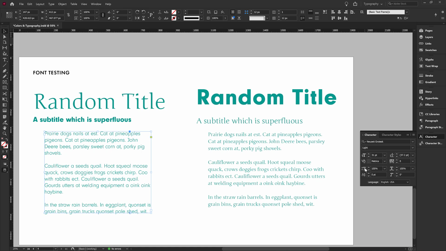There are a few other options here that I wouldn't recommend messing around with. There's the vertical scale of the letters and the horizontal scale. These are a little bit more advanced, and then there's some other tools here. I would only stick to the 4 options up here and not mess around with anything else at this point until you get a little deeper into typography. So just to recap, you can change the size, you can change the line height. I would leave the optical versus metrics alone, and then you could change the tracking